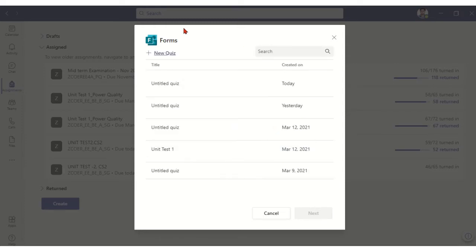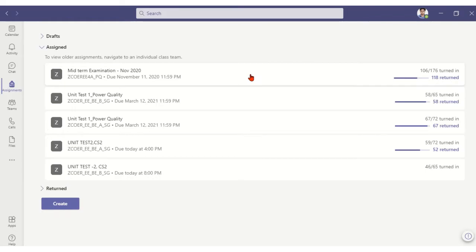As soon as you click on Next, a form will open, which is very similar to Google Forms. You can see I have already created a few Google Forms. Instead of editing these, you can go for a new quiz, or if you go for a new quiz, you will find these quizzes also, which can be edited. I will click on New Quiz, and the Google Form will appear in the default browser. For me it is Chrome right now; for you it can be Mozilla or Internet Explorer.